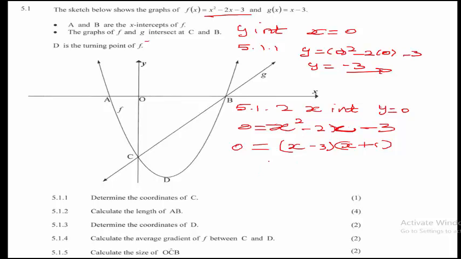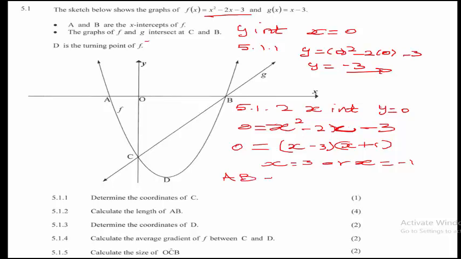So your answer here will be x is equals to 3, as well as x is equals to negative 1. So once you have this, remember you are just looking for a distance between this point and this point, and these 2 points are a very good distance indicator, because clearly this is 3, x is positive here, it's 3, clearly there x is negative, it's 1. So what is the distance? So AB